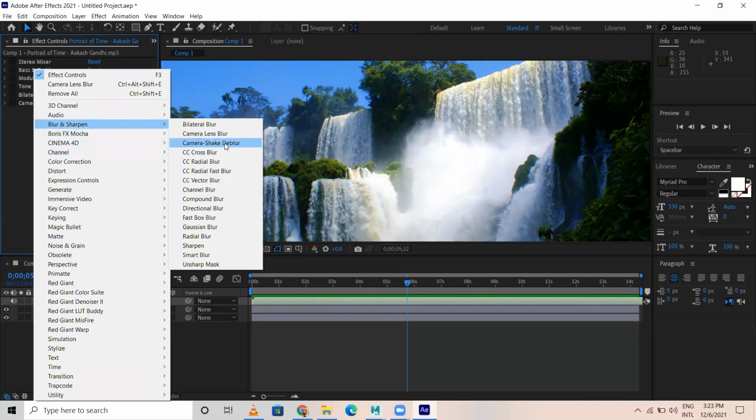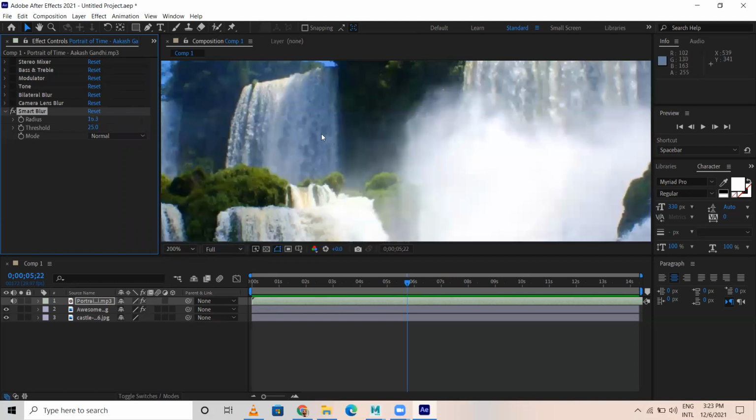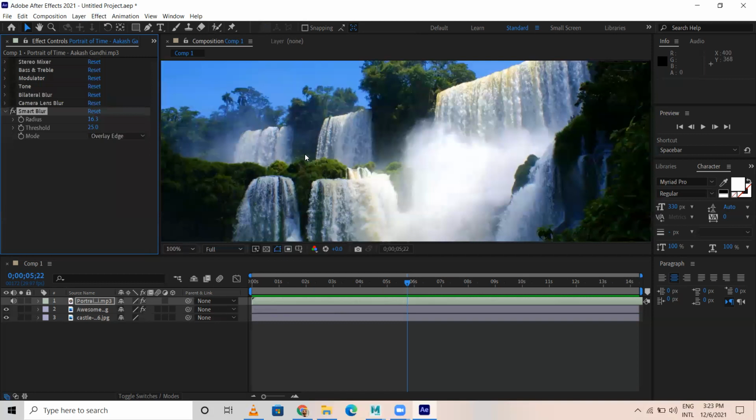Preferably, the ones I use a lot of times are Gaussian blur, radial blur, and smart blur. For example, I give smart blur here. I increase the radius. You can see a bit of blurriness here. Mode: normal, edge only, overlay edge.